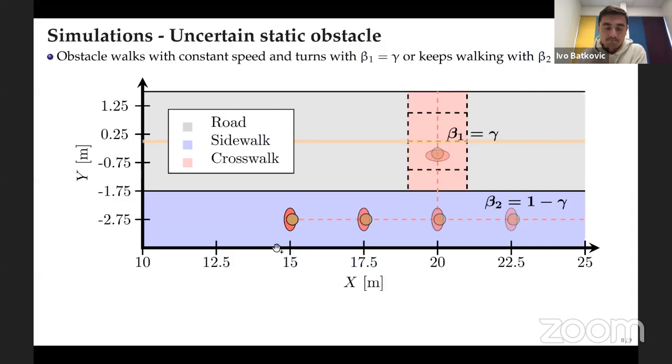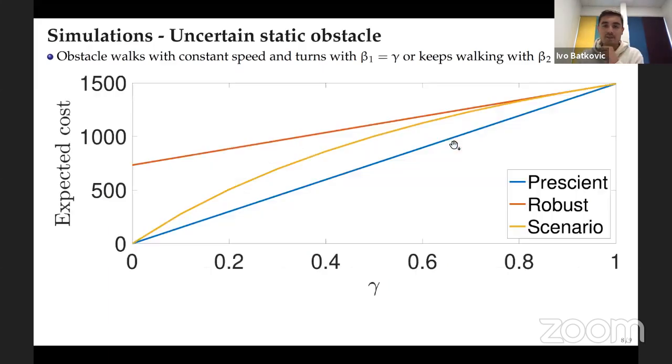Now, for a little bit more of a clear example of what the benefit is, we're trying to highlight the expected cost. So imagine a similar example again as in the introduction, that you have a pedestrian that's approaching and it might turn left or keep on going straight. So now you'll still have two scenarios, and the MPC will try to leverage which one is more useful. For the robust case MPC, if there's a very small chance that the pedestrian will cross, you will always try to consider this. But scenario MPC will try to leverage this information that I can actually be going very aggressive if beta 1 is small. So what we see here in the expected cost then is the red line is still again the